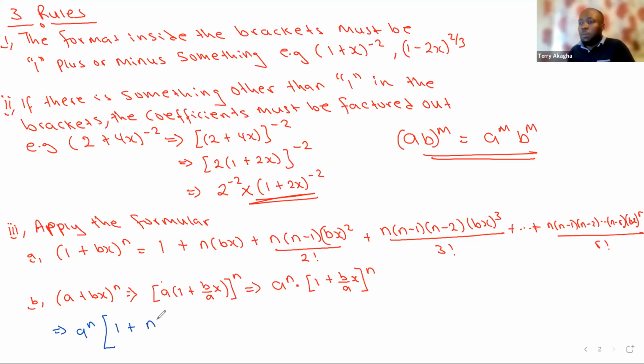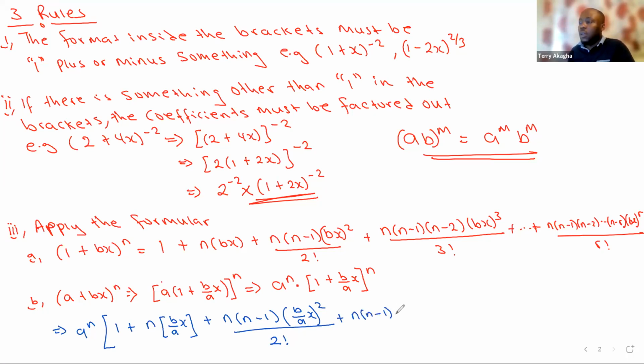Now bx is going to be b over what? Ax. Then the next one plus is going to be n minus 1, then b over ax raised to the power 2, divided by 2 factorial